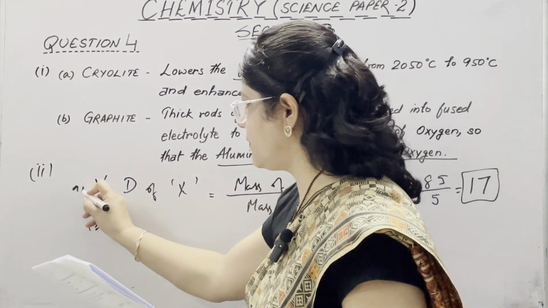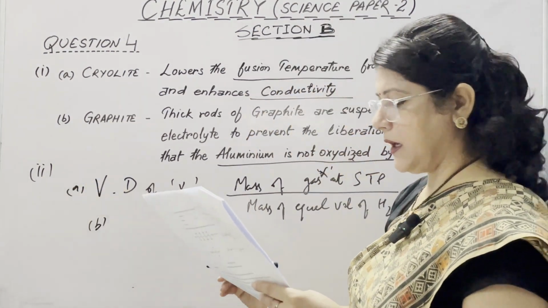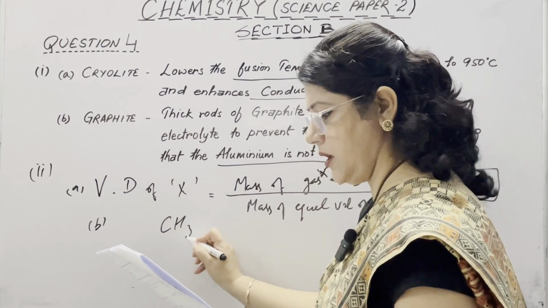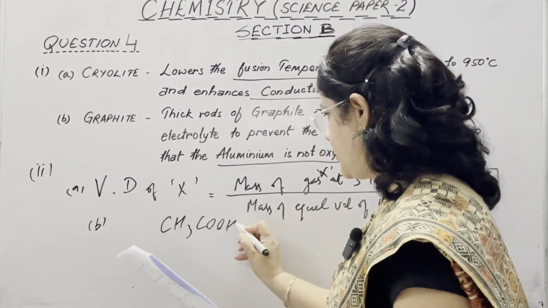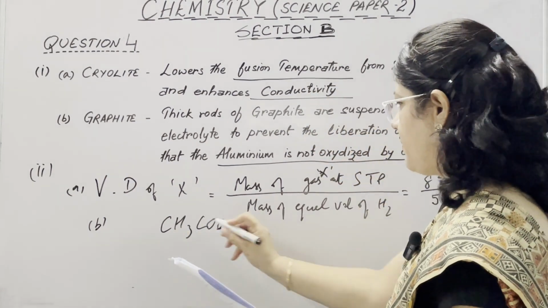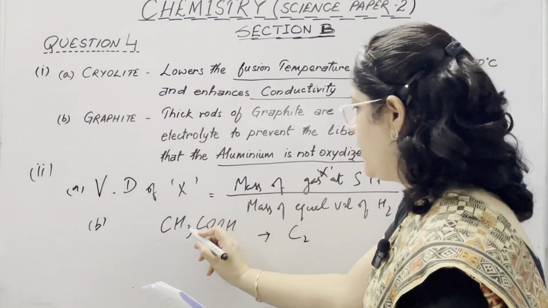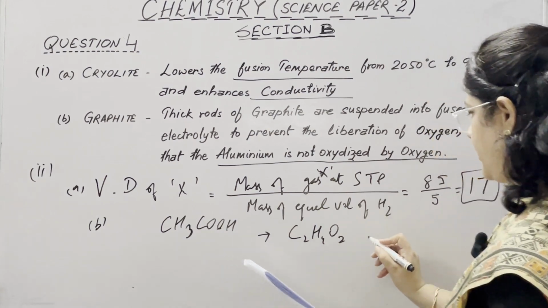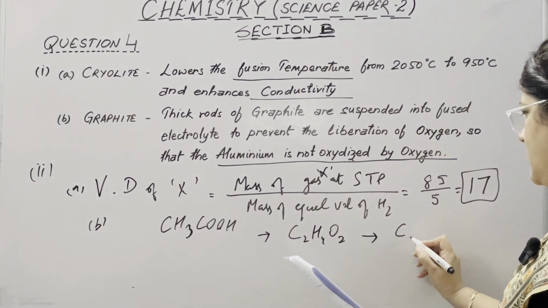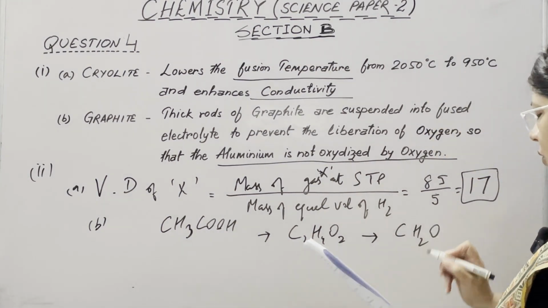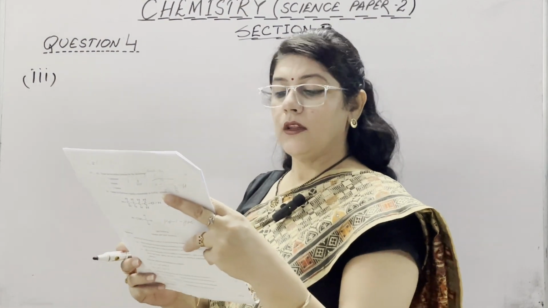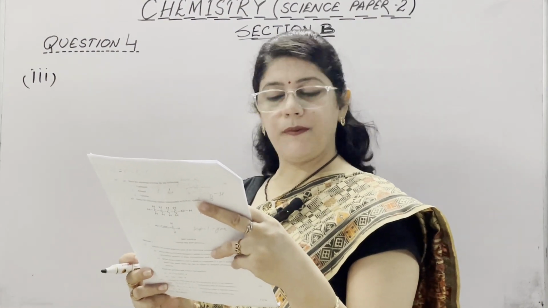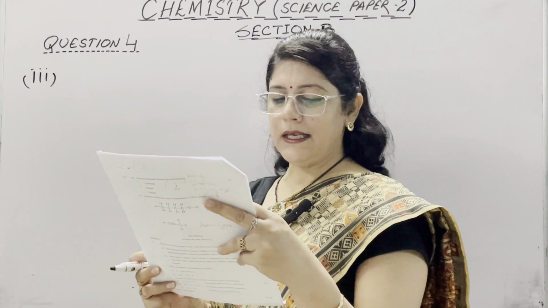This is the B part of the same second part. Empirical formula of CH3COOH. Carbon, they are 2, hydrogen, they are 4 and oxygen, they are 2. It means the empirical formula is CH2O. In part number 3, the following questions are pertaining to the laboratory preparation of hydrogen chloride gas.